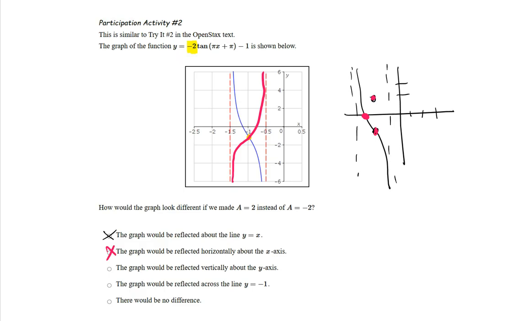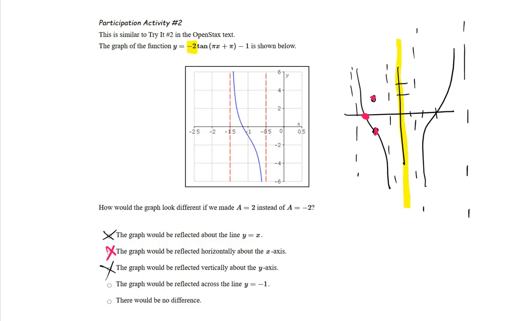The graph would reflect vertically about the y-axis. Well, your y-axis is right here. If it pivoted around the y-axis, your graph would be over here like that, between dotted lines over there. So that ain't it. The graph would reflect across the line y equals -1, which is what's happening here, because